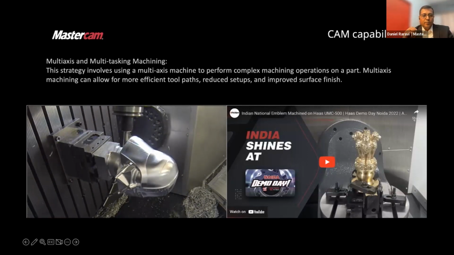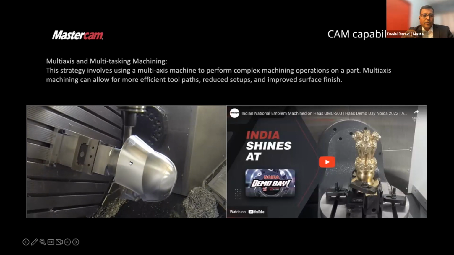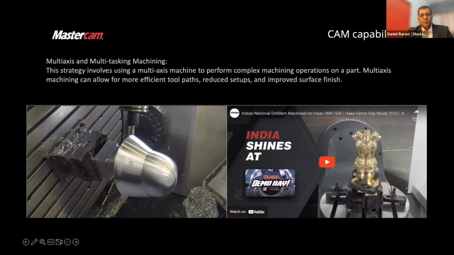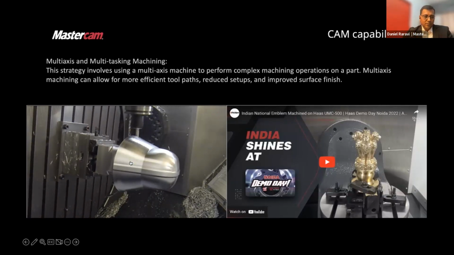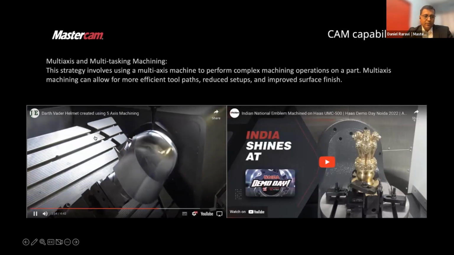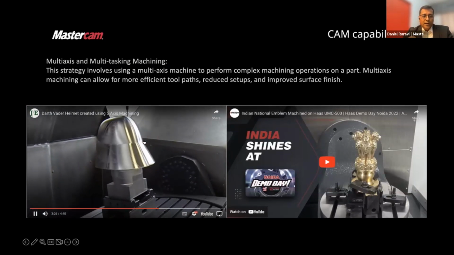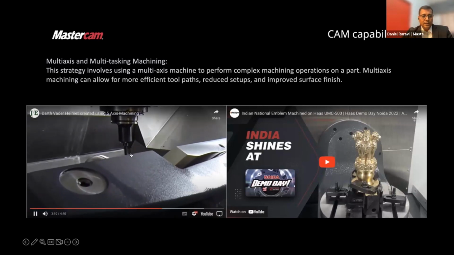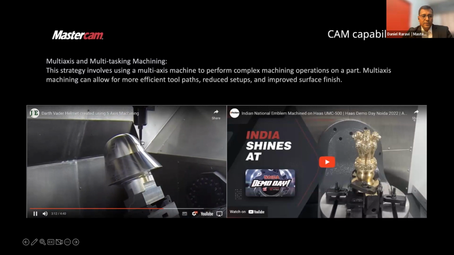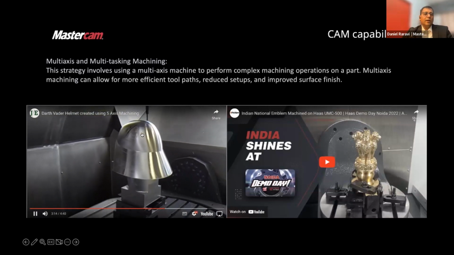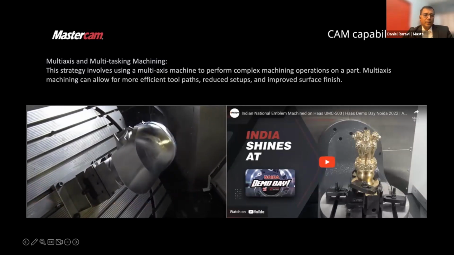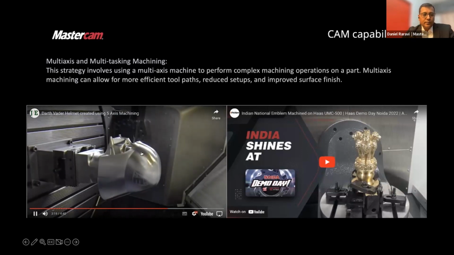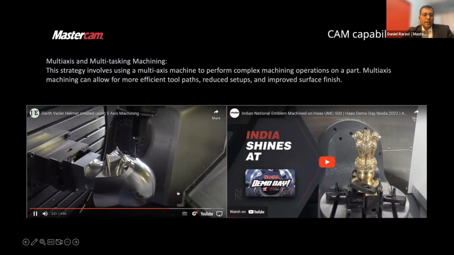Right from the finishing aspects of this part up to the detail in terms of how they integrate the features on the face are machined using very small and thin cutters. You'll see that the diameter of this tool is very small in comparison to the size of the overall part.